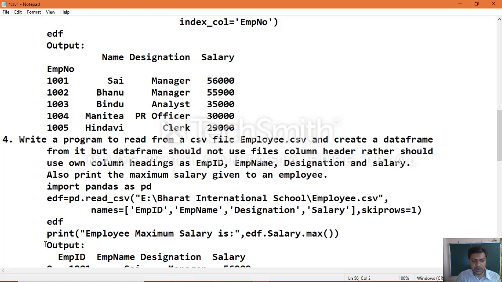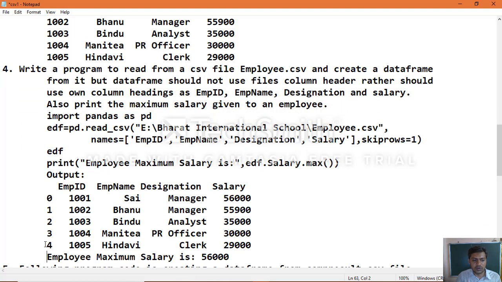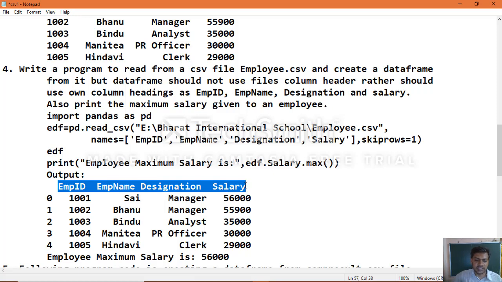Let's see the sample output. As usual, there are row labels 0 1 2 3 4, and our own column headings which we specified here. Then look at the salary column heading. Under that you can see 56,000, 55,900, 35,000, 30,000, 29,000.